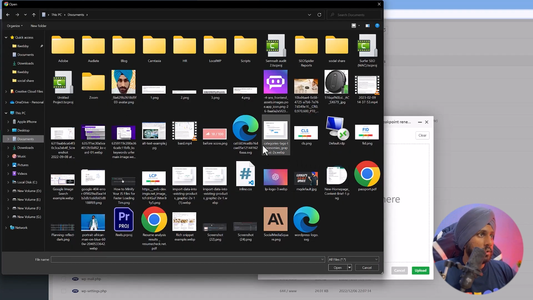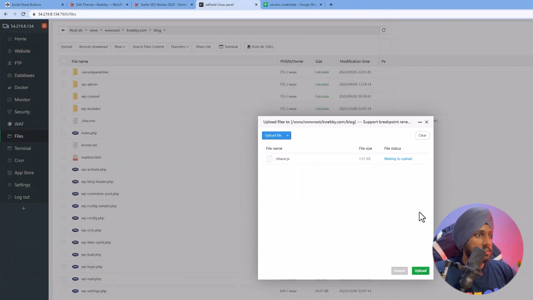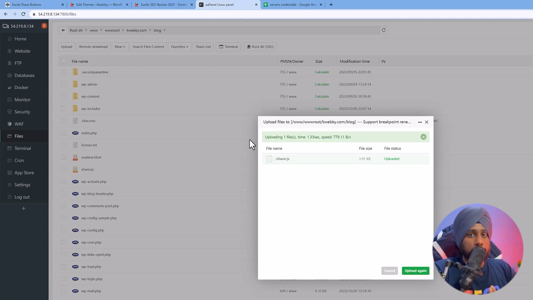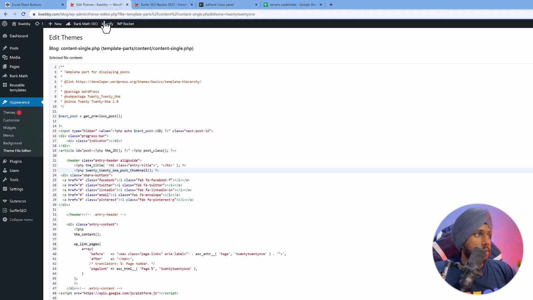And where is the social share? Here it is, and there is a sharer file. I'm clicking on upload because I'm uploading to the root, because it will be easier for us to link that on our website. So after you have uploaded that, you need to link that JS